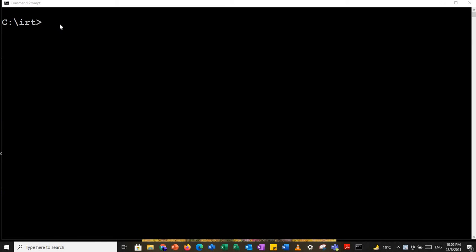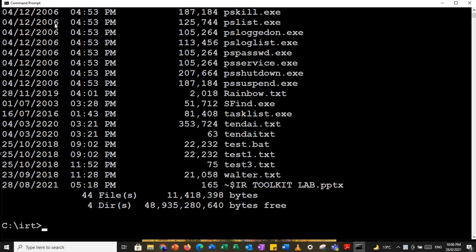So we now want to find out if in our directory we have a file or a directory known as forensics. If we want to see the contents of our directory IRT, we simply type dir space /a, and when we press enter,